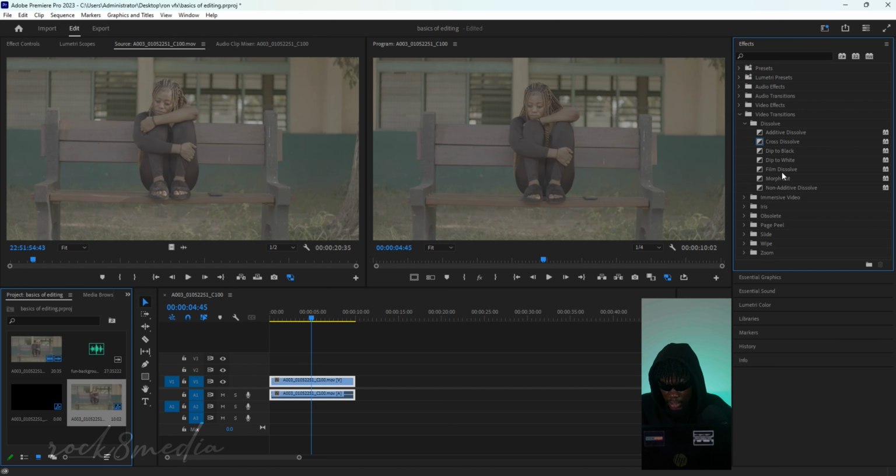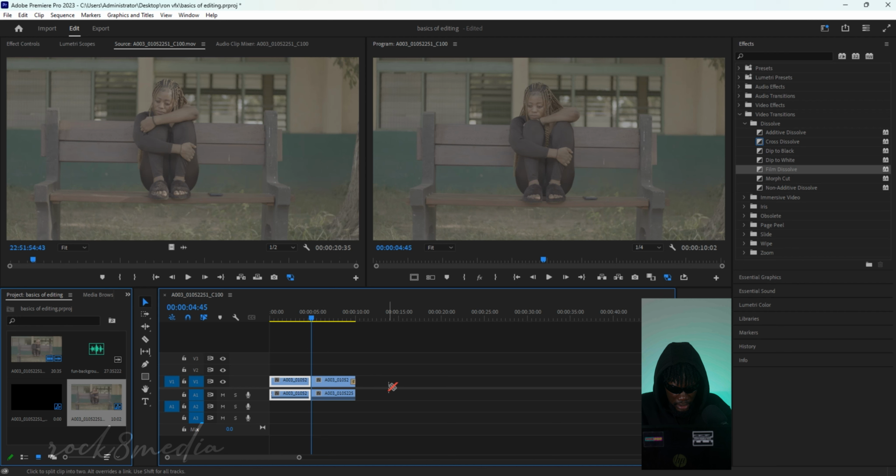We just come here, let's say film dissolve, you click on it, you drag it to the start or end of a video or a cut. So maybe a cut in between this place, I can add a transition. But if I had not cut over there, it would be very impossible to add a transition. So look,